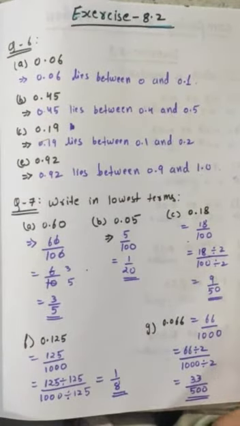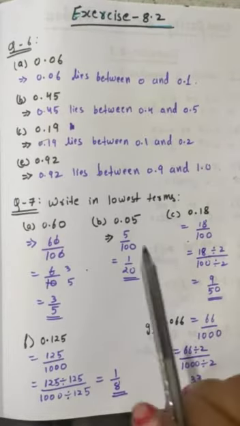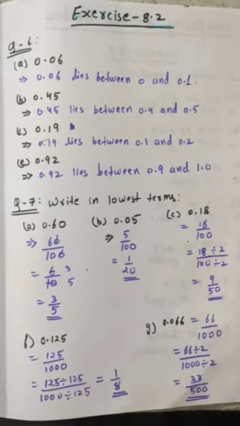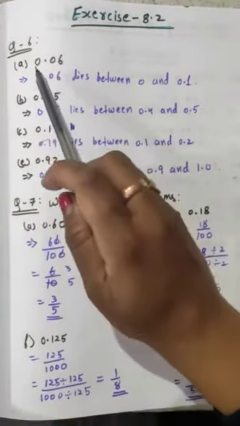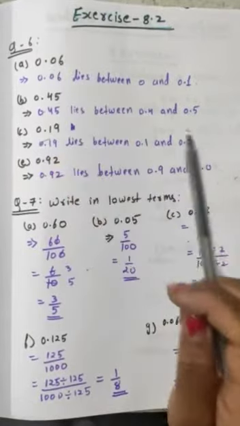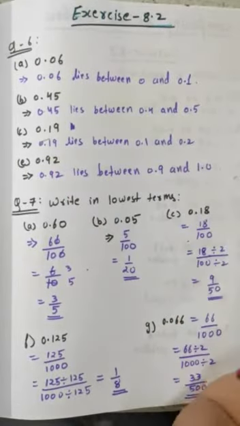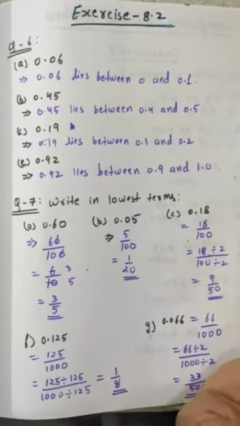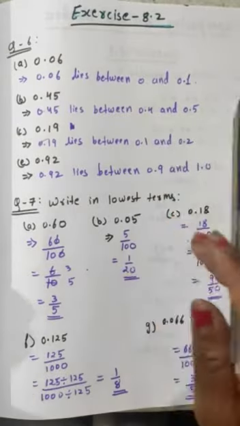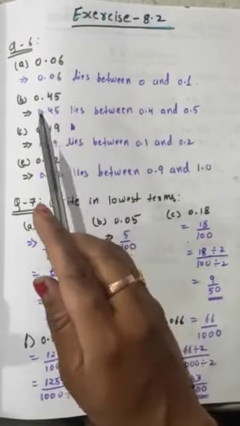So as we were doing exercise 8.2, we were dealing with decimals. Now we'll see further questions. Okay. So question number 6 is, you have to tell whether this number lies between which two numbers at 10th place. आपने सिर्फ 10th place बताना है, कौन से दो 10th places के बीच में ये नंबर आपका लाई करेगा.